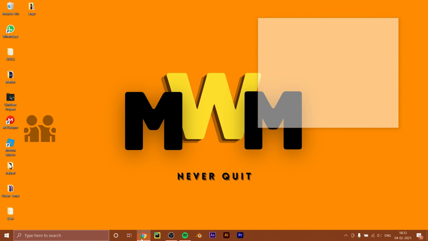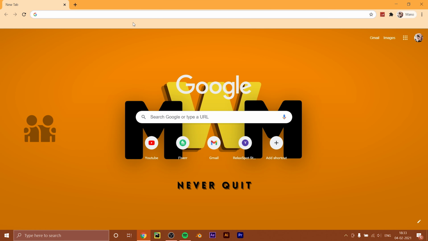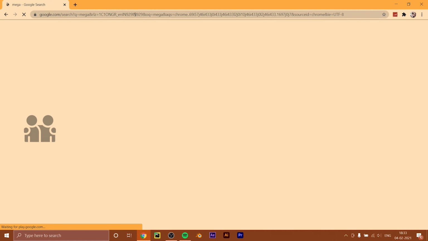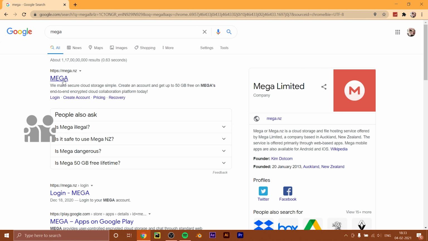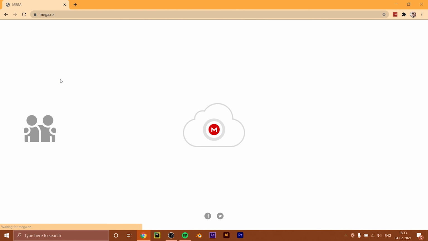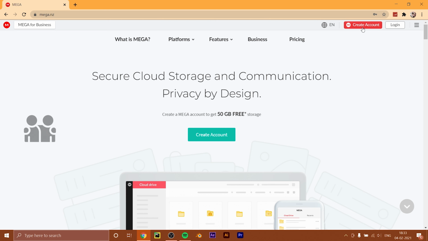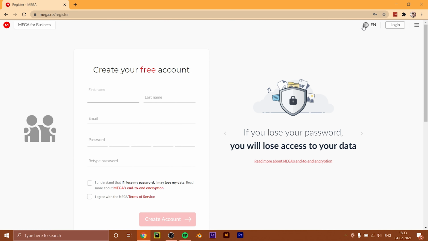Now click on your browser. Now type in Mega and search it. Now a logo similar to the one you see in my screen, click on it. It takes you to the official page of Mega website. Click on Accept Cookies. Now click on the Create Account button on the top right corner of the site, enter